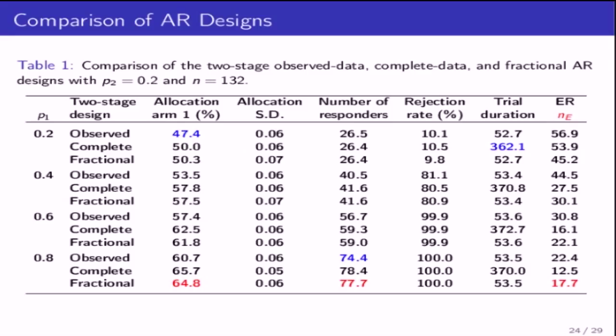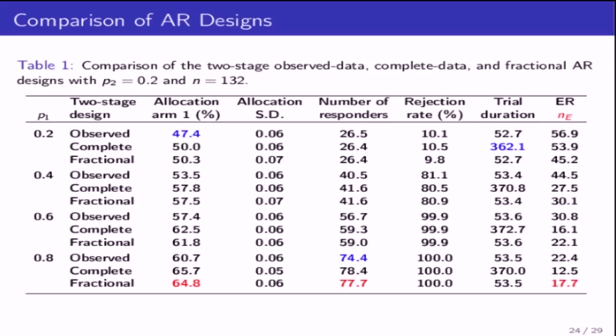That's why there's a difference. We have 65% allocated to arm 1, but we only have 60% allocated to arm 1 if you use observed data. That's also for the same reason. And if you look at the number of responders, if you use complete data or fractional AR design, you have about 3 more patients being responders than the observed data design. And if you look at the last